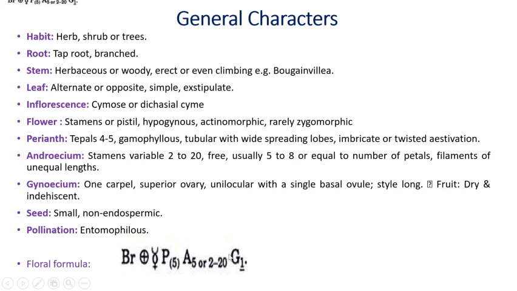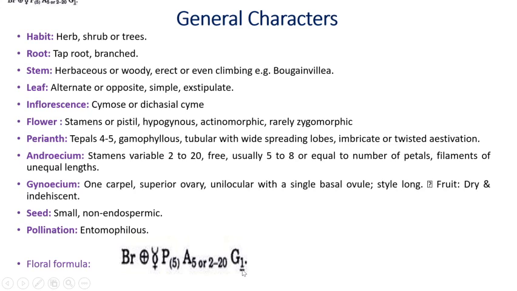Now capital G stands for gynoecium, the innermost whorl of the flower. One stands for monocarpellary, only one carpel is there. And the underline just below the G or 1 is nothing but the superior ovary. If there is a line at the top of G, that condition is called inferior. Bractate, actinomorphic, bisexual, perianth, number of tepals 5, they are fused. Androecium, number of stamens 5 or 2 to 20. Gynoecium, monocarpellary,